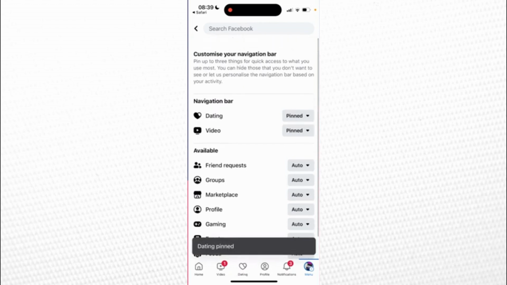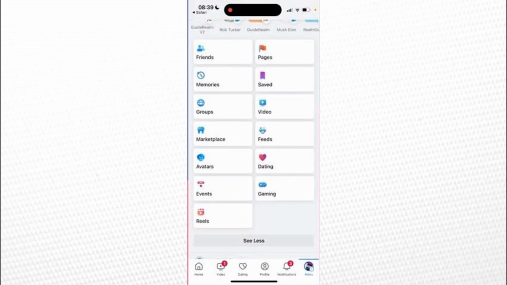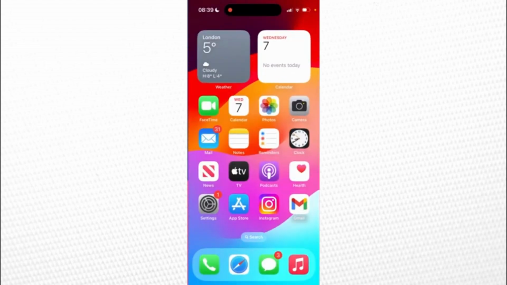If you still don't see dating and you meet all the requirements, it might be a glitch. In that case, try reinstalling Facebook. On Android, you can completely delete and reinstall the app. If you're on an iPhone, you can offload the app, which keeps all your Facebook data but reinstalls the app's